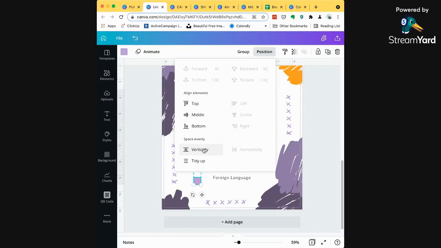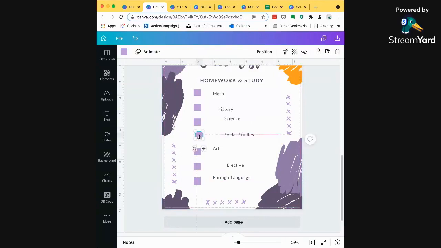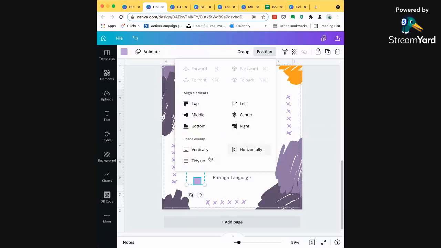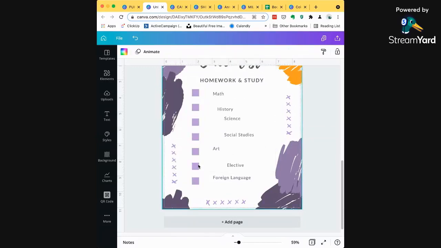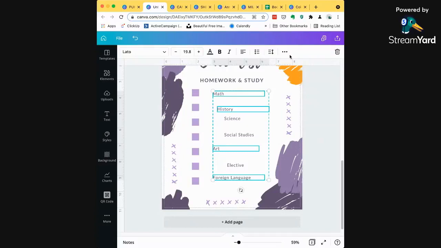You can either do something called space evenly vertically, and that works, or scramble this up again. Let's say these are all messed up vertically and horizontally. You can do something called tidy up, and it does both of them for you. Look at that, right down the line. Isn't that beautiful? And you can do this with text as well. So for example,